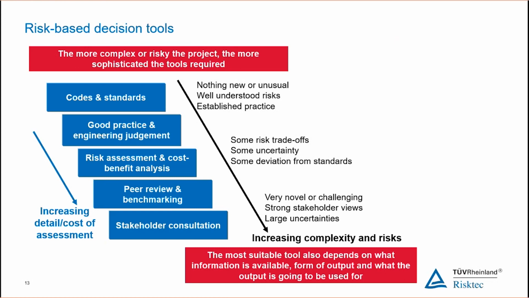So at the beginning, we have codes and standards. Codes and standards give us an awful lot of information as to how we are going to effectively manage our risks. They reflect the combined knowledge across an entire industry: if we do this, then we are going to manage our risks. But these are always going to be general. They do not necessarily reflect the specifics of our individual facility, our individual building. Things are going to change, and we need to make sure that ours are specific.